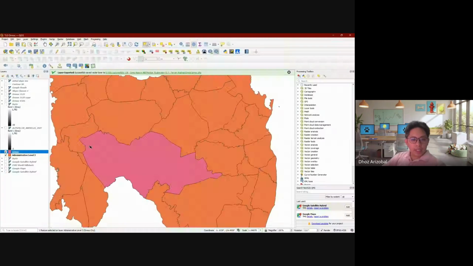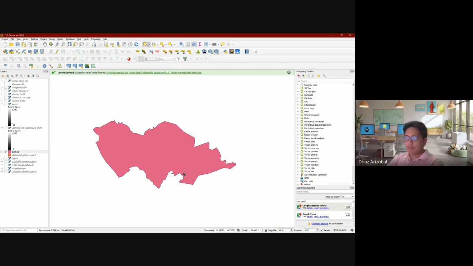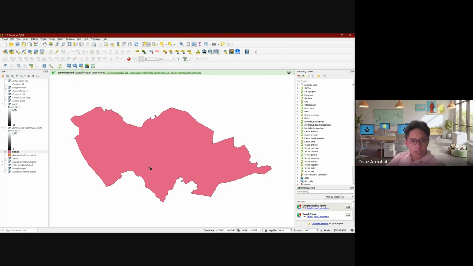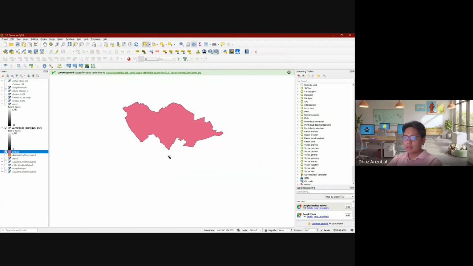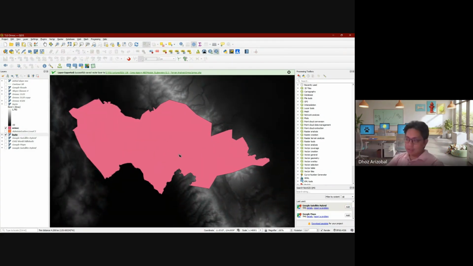Now I've added a new Ormoc file and limited the shapefile, so it is only limited to Ormoc. Now I'm going to use that data so that I can extract the DEM only specific to this region.